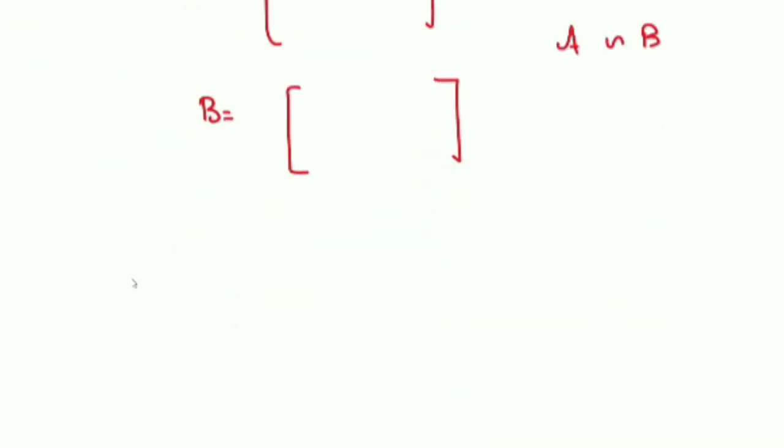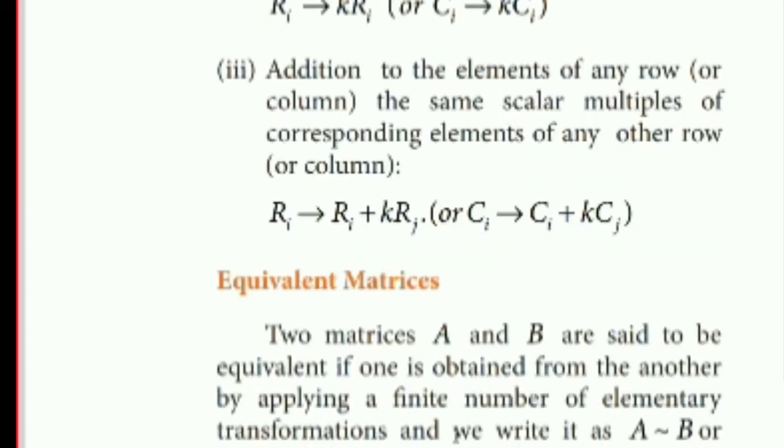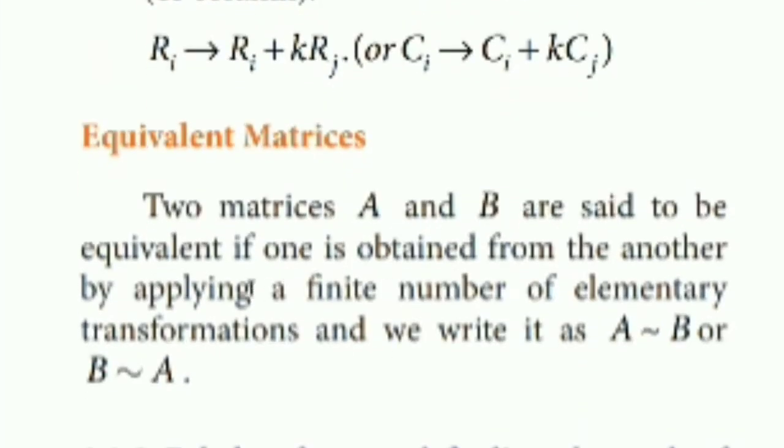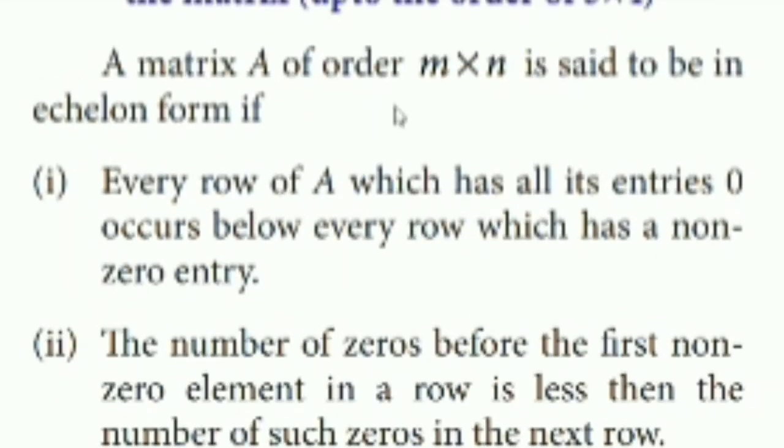Now next is echelon form. Echelon form is also called triangular form. So these are the elementary transformations: you can interchange any two rows or columns, you can multiply a row or a column by a constant, and with any row or column you can add scalar multiples of some other row. And equivalent matrices: two matrices are said to be equivalent if one matrix is obtained from the other by applying elementary transformations. A matrix is said to be in echelon form if